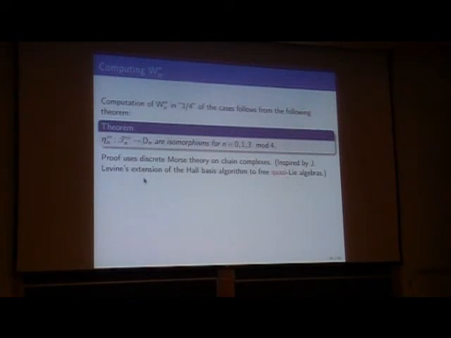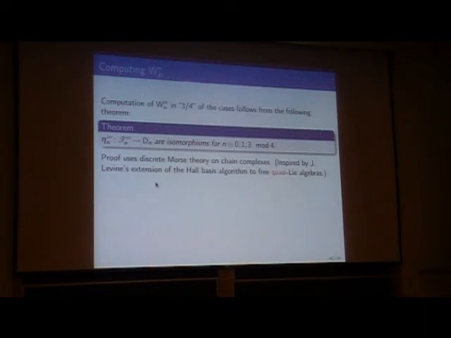And the proof of this uses, a little bit tricky, discrete Morse theory on chain complexes with torsion, and it really was inspired by Jerry Levine's work, where he actually conjectured this theorem in a different version and worked on it. It's related to homology cylinders in dimension 3 and string links,